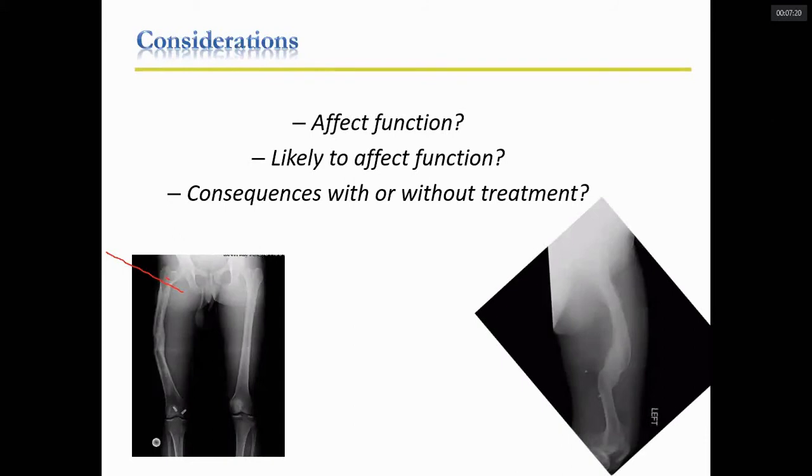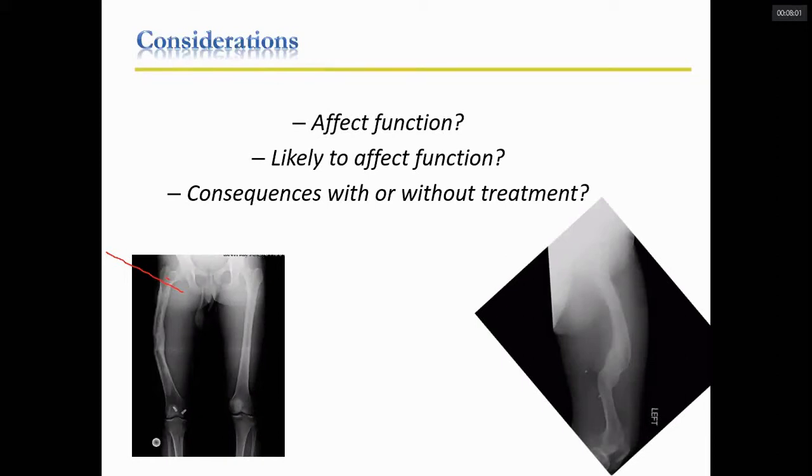So what should a treating surgeon understand? We should consider whether the malunion is affecting the function, or if it is likely to affect the function, and what the consequences are with or without treatment. It is not that we treat the X-ray of the patient. So remember the dictum, this I always like to tell: do not treat the X-ray only, you have to treat the patient as a whole. Whether or not that malunion is affecting the function of the patient will be the major determining point whether to go with some form of operative treatment, or to leave the fracture as such.